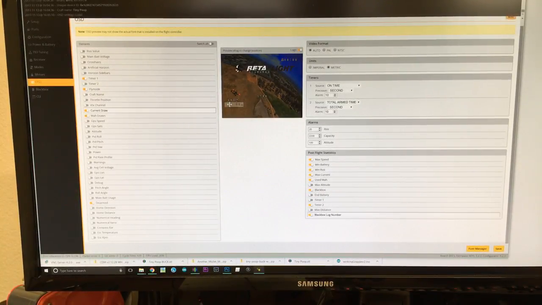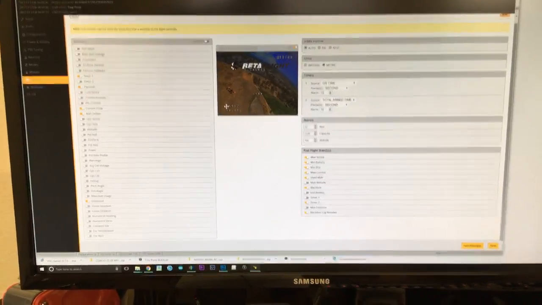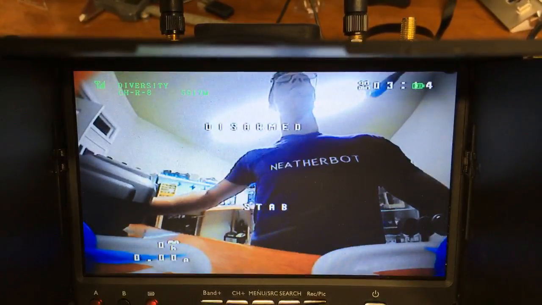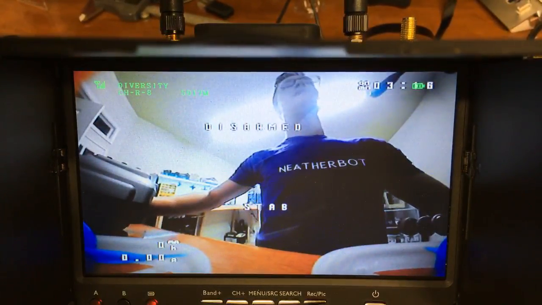And it's a little bit of trial and error to figure out where your screen is, because if you go to the far sides and corners, sometimes the element can go off the actual display that you have for your goggles or your LCD. So I'll move the camera back down. You can kind of see, I'm going to move these elements over a little bit, and you can see how it kind of steps over